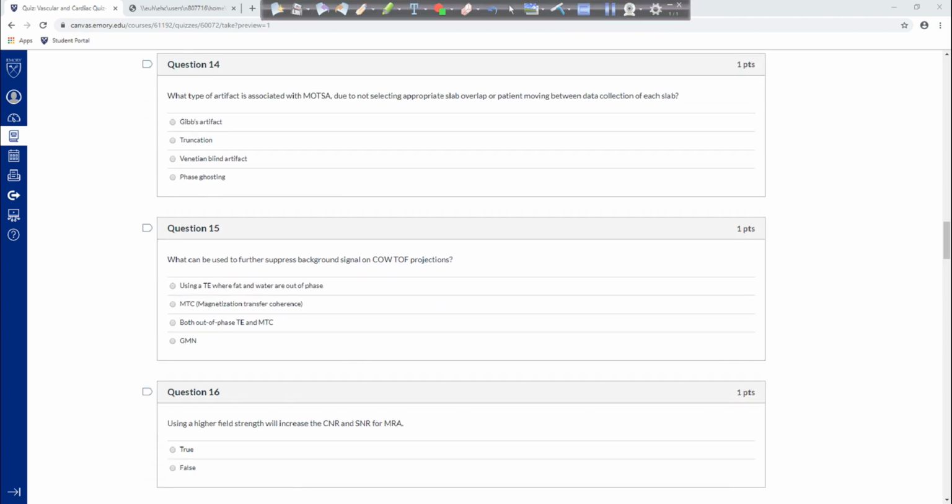Question 14. What type of artifact is associated with MOTSA? We already talked about that, but what is it? Good. What can be used to further suppress background signal on circle of Willis? Time of flight projections. Okay. So it's going to be both. So remember, gradient moment nulling, that's to put signal back into the vessel due to those bipolar gradients. But to further suppress background tissue. So that circle of Willis